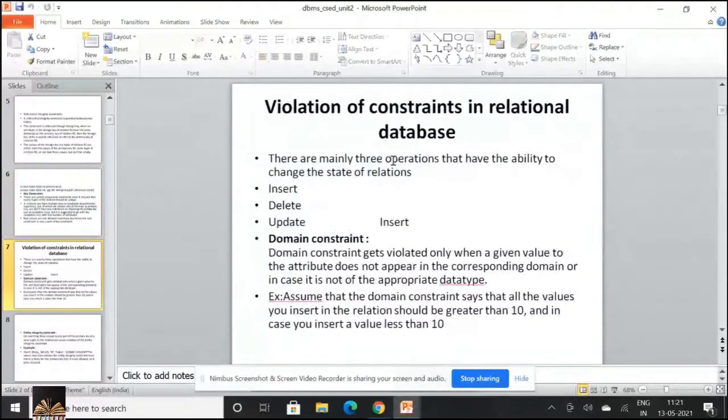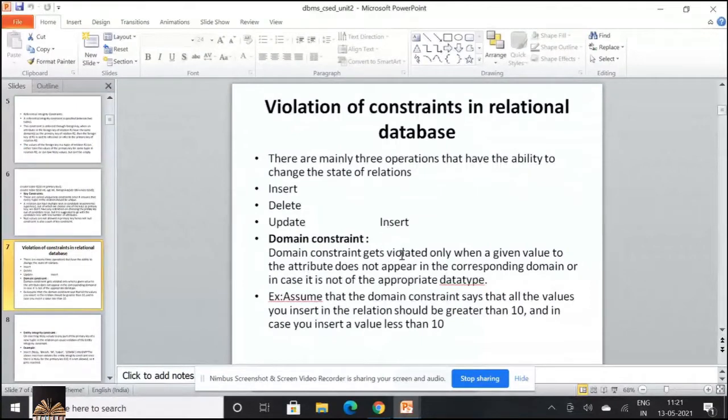Okay, and I hope we have seen this violation of constraints in relational database. So what happens when you try to insert or update or delete something from a database while you are trying to violate the constraints? As an example, I'm working with domain constraint with respect to inserting data.